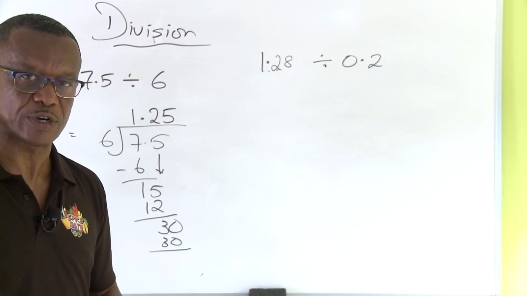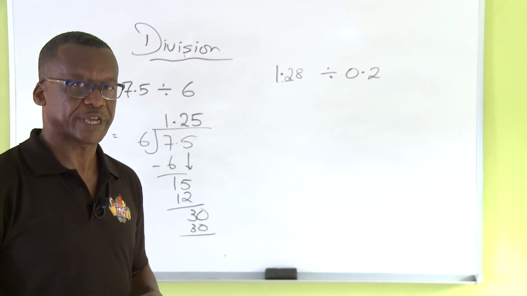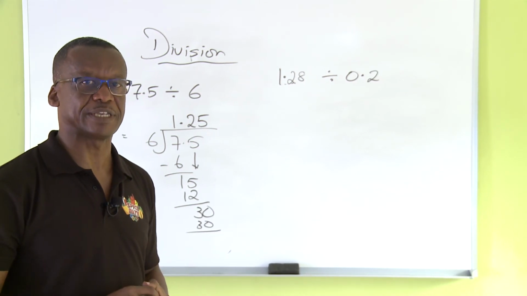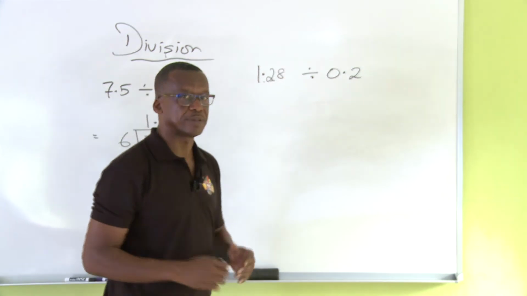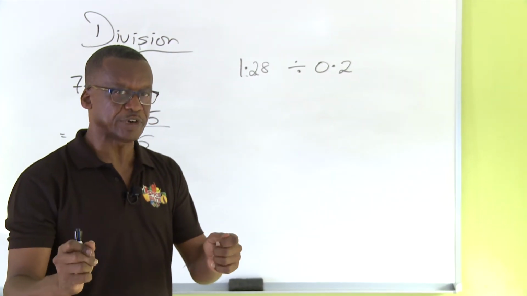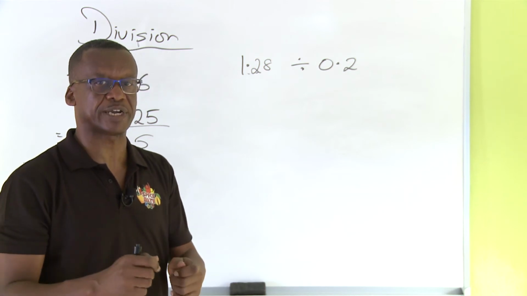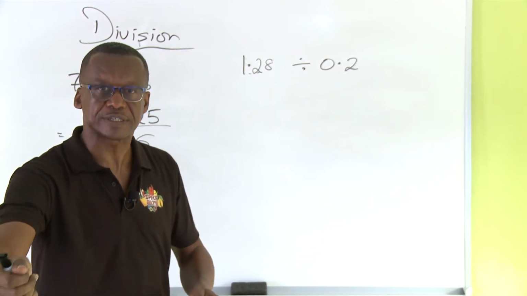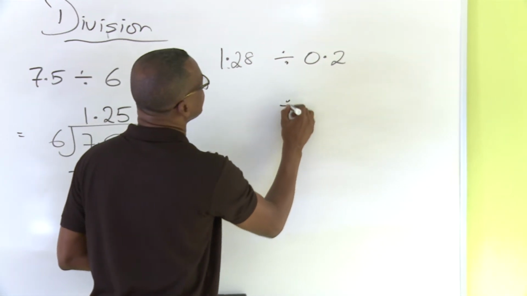Is the divisor a whole number? No. That is when changes have to be made. What we need to do is make the divisor a whole number by applying a multiple of 10, or as we say, by moving the point in a certain direction. So this question becomes